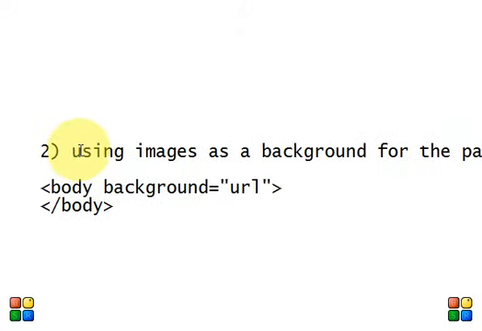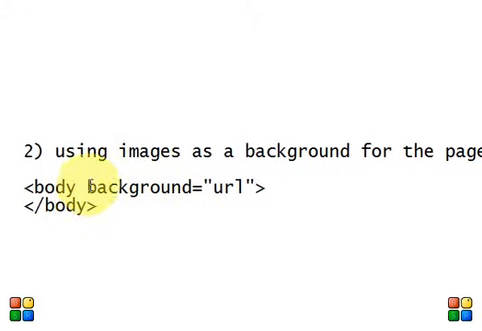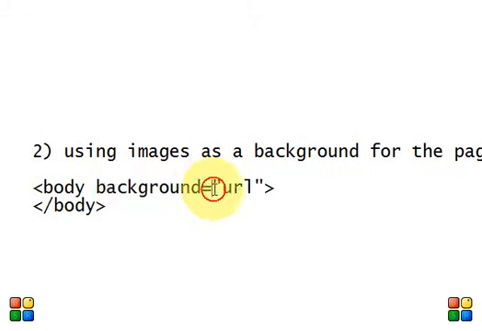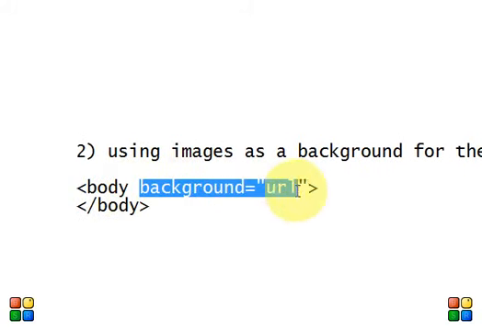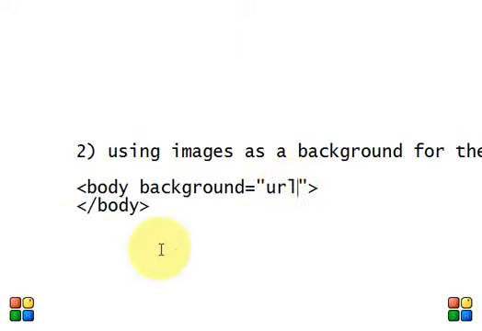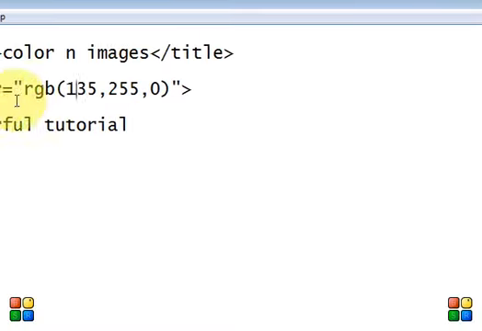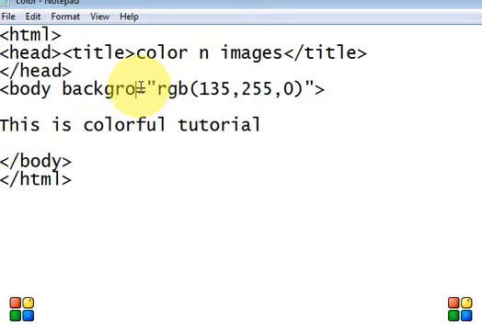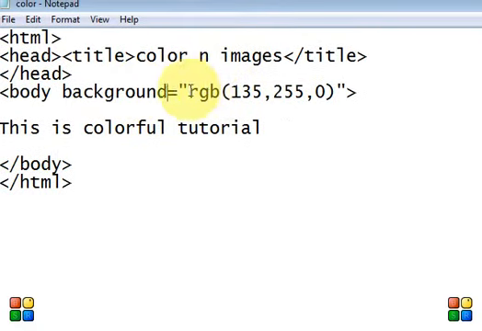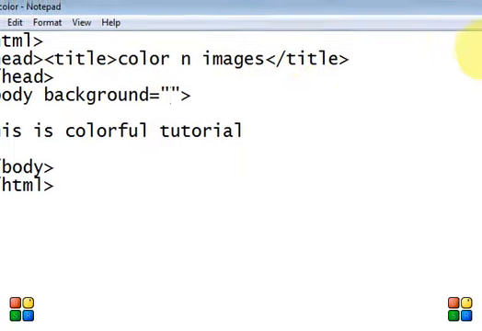Next we are going to see using images as a background for pages. The syntax is similar, but in the body we include background is equal to the URL of the image.